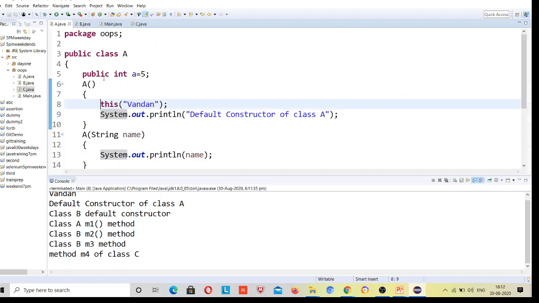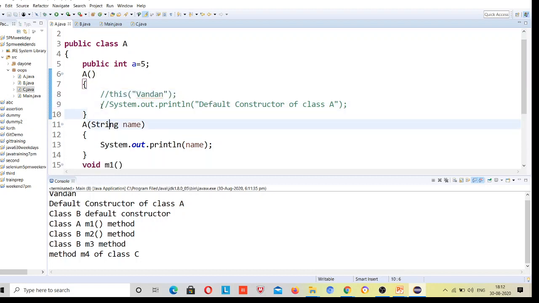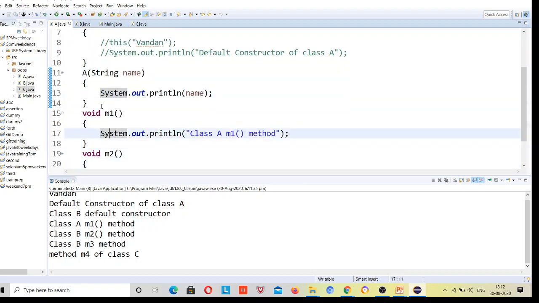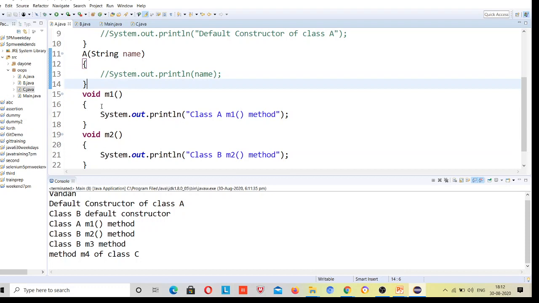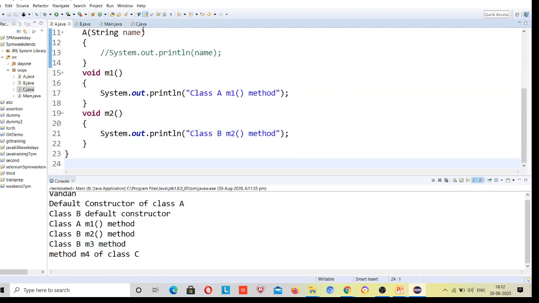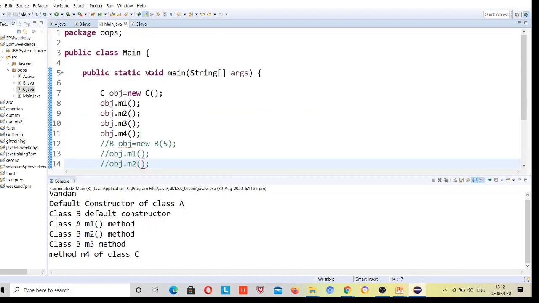Now I'll comment all the messages inside the constructor so there will be no confusion and you'll be able to understand what's going on. Whatever internally it's calling the constructor, I have removed those messages.